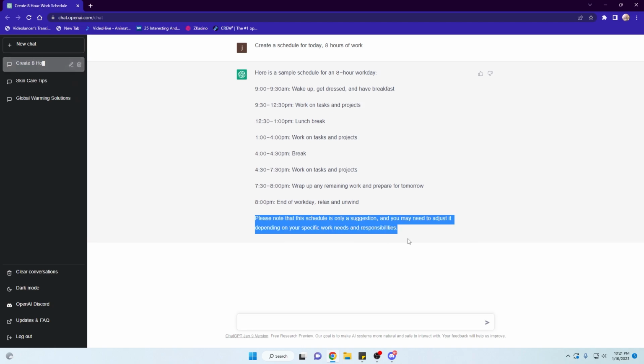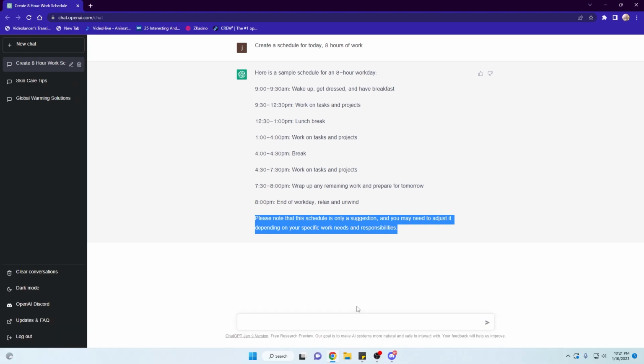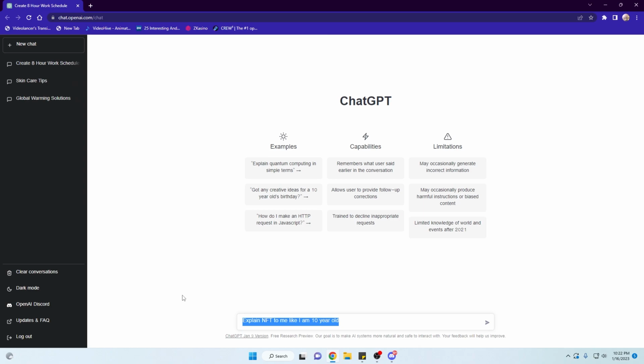And then we will go to the second one, that is to learn. We can use ChatGPT to learn new things. For example, if you have difficult topics that you are not able to understand, you can use ChatGPT, and rather than going to Google and typing out the question and opening up articles and finding out an answer, you can use ChatGPT where it gives you the answer straight away. So for this use case, let me try with